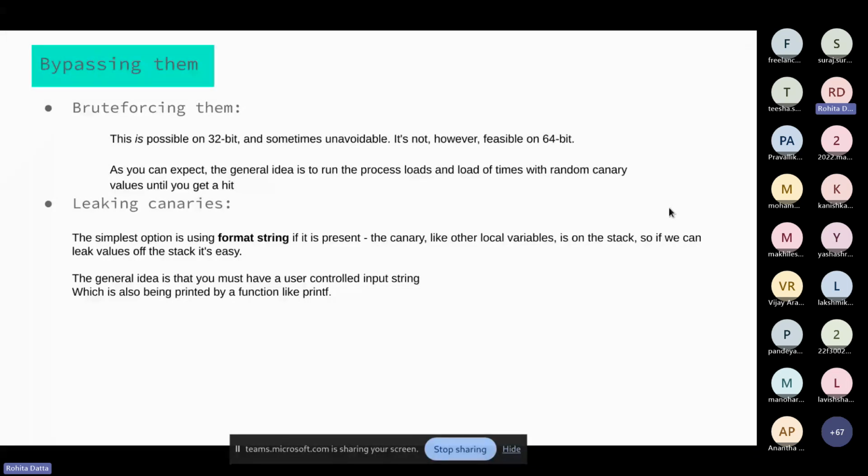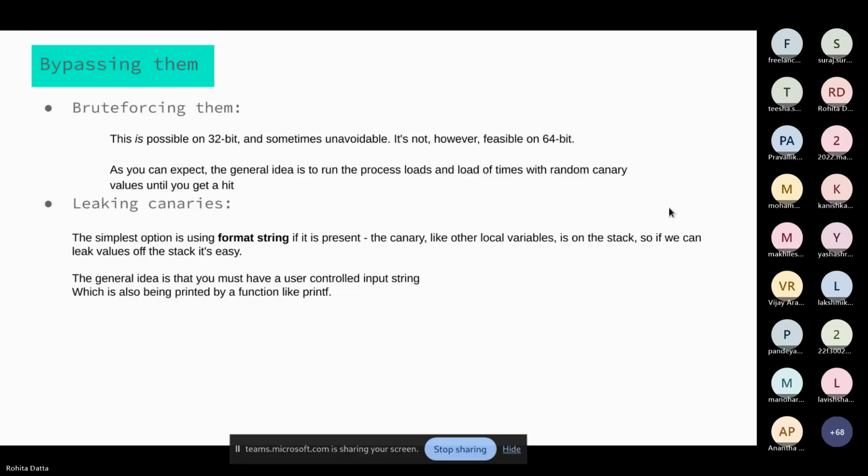There's something called a format string vulnerability, and that's what's usually used to leak the value of the canary. When you're overflowing again, now that you have the leaked value, you can rewrite the position of the canary with the same leaked value, and then you can rewrite the return address with whatever you want. So you can still perform an overflow exploit as long as you're able to leak the value of